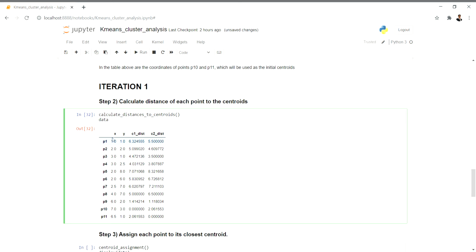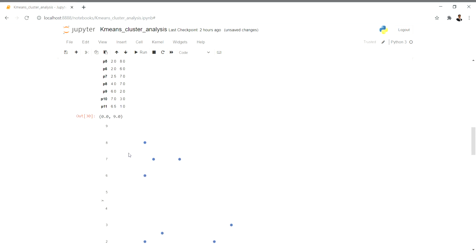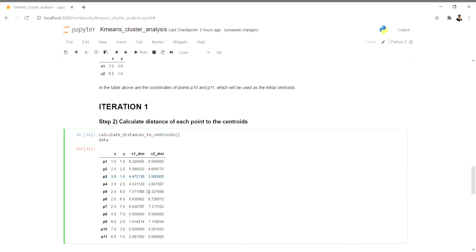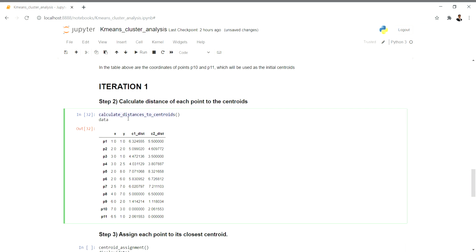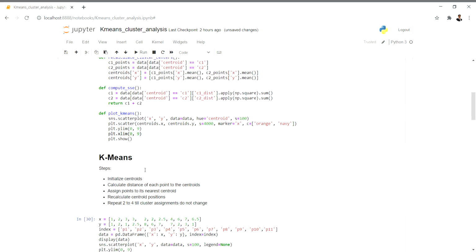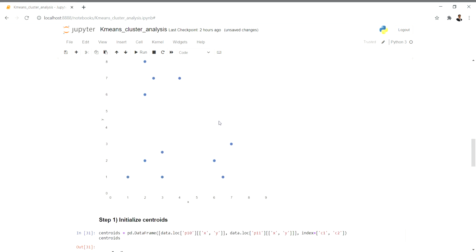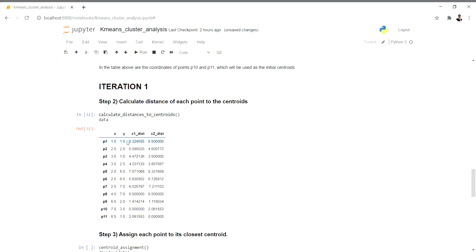So what this table basically gives is, this part remains the same, that is this portion. Then the function call goes to this particular function, calculate distance to centroids. It is in this portion. I said axis is equal to 1, so everything will be appended towards the right hand side.